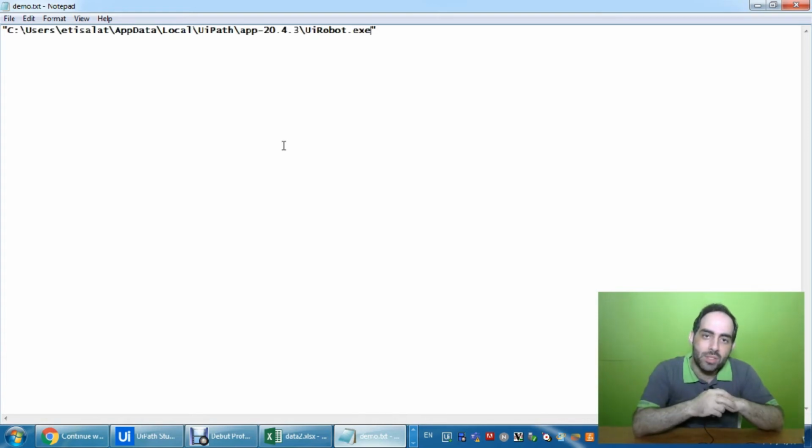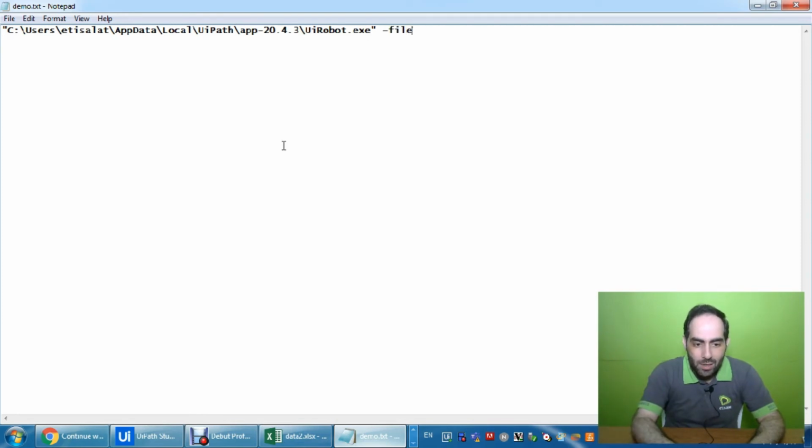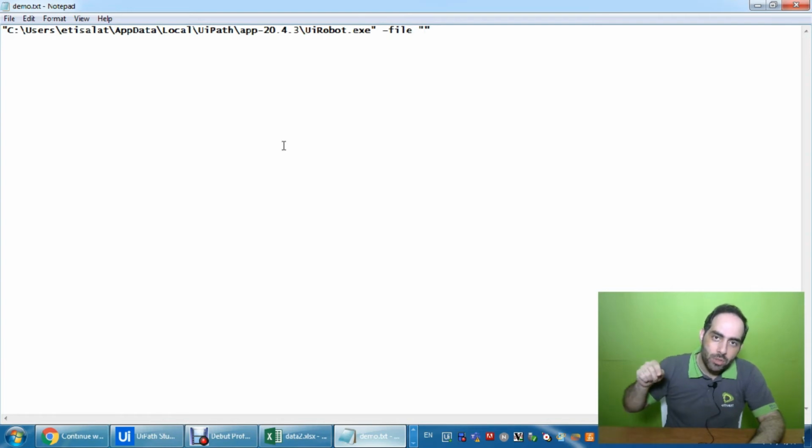This is the first step to create a batch file for UiPath. So we need to have the UiPath robot file path between quotation marks in a text file. And then after that, we are going to use a command which is -file. And then I'm going to specify between quotation marks my automation project file